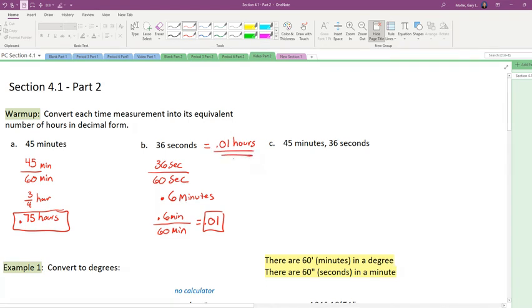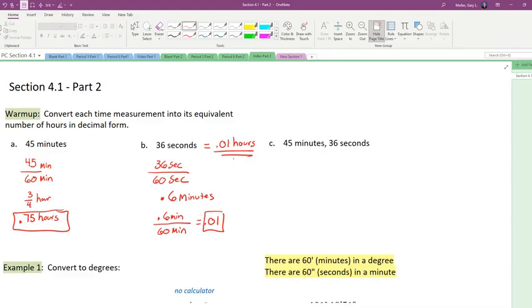Now, those of you who are pretty good at math will probably be sitting like, Mr. Mueller, why didn't you just take 36 and divide it by 3,600? Same answer, because you're dividing by 60 and dividing by 60 again. So I did exactly what you're saying. I just kind of stepped through it and converted one piece at a time. Okay, so